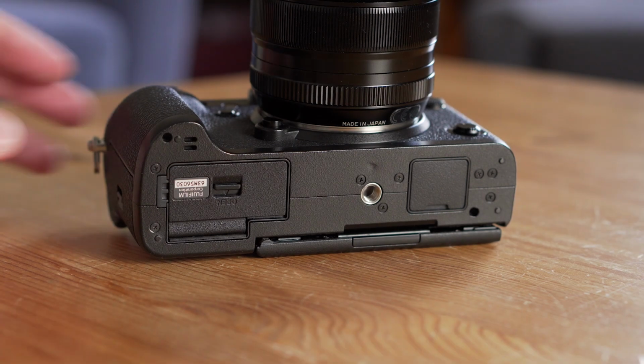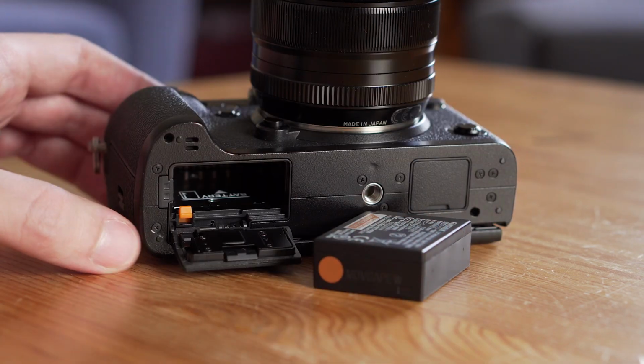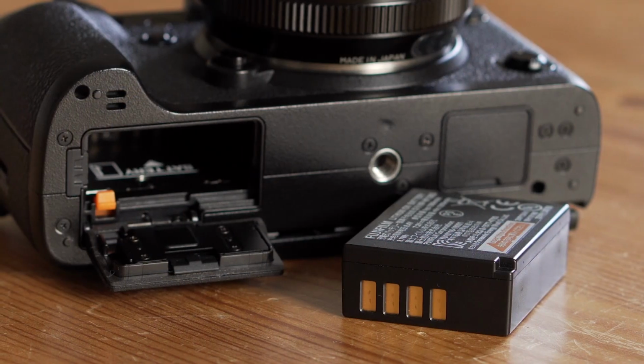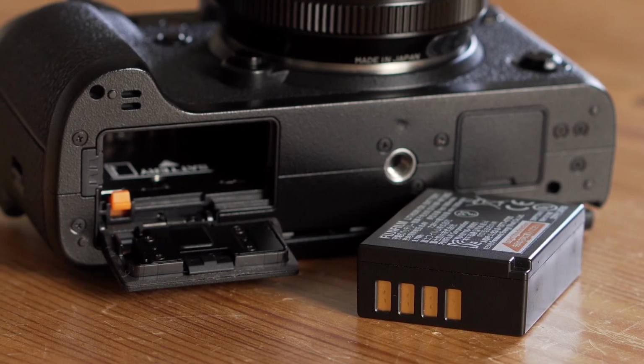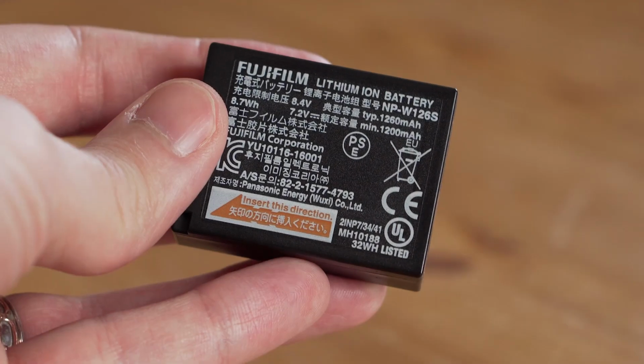The X-T2 battery performs well enough in normal conditions. To extend the battery life, you can turn the camera off when not using it or turn off certain settings such as the boost mode to reduce the performance. However, when using continuous shooting speed or recording 4K video, the battery starts to drop quickly. The camera comes with a new